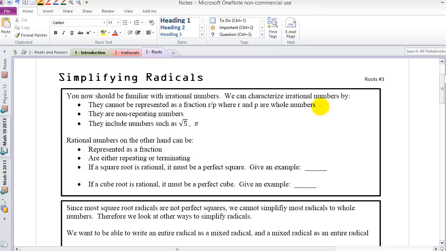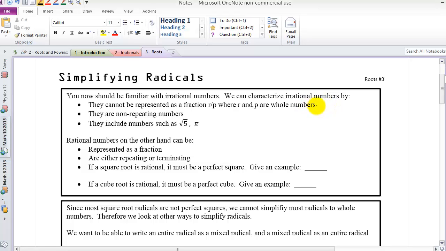Hi there. Last lesson we looked at what a rational number was and some ways that we could help identify a rational number. And today we're going to talk about simplifying radicals, which has a little bit to do with the rational numbers. So just as a summary from last day, we know that